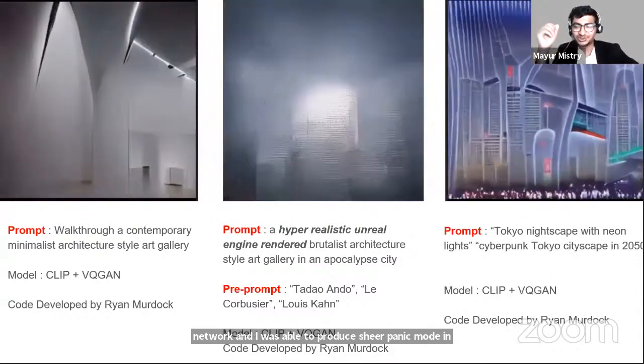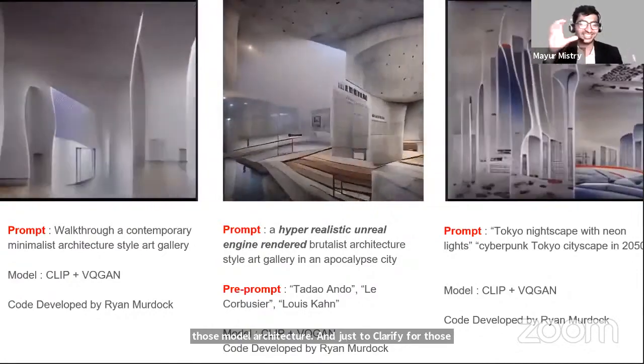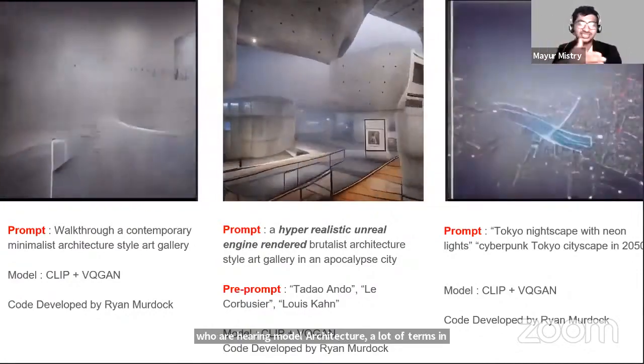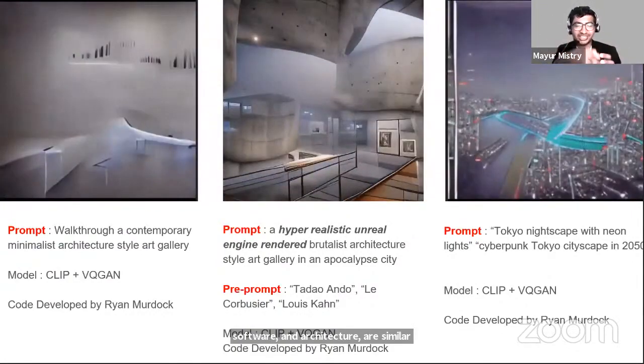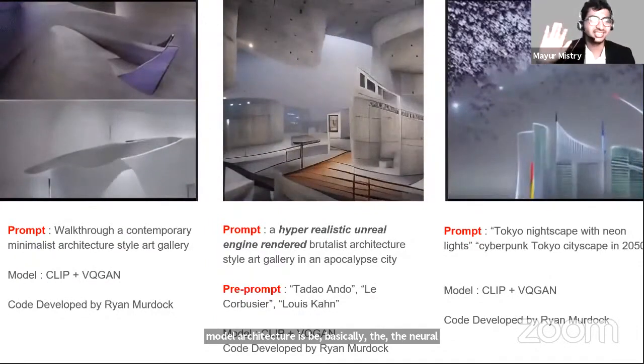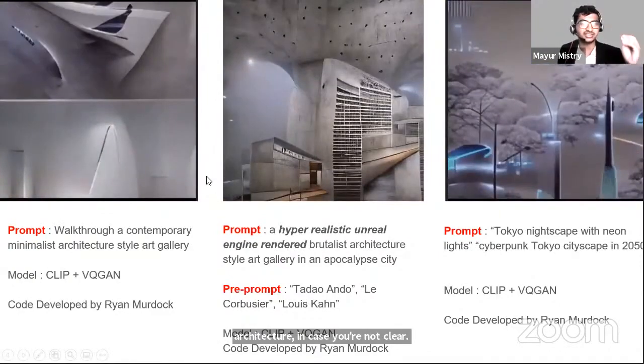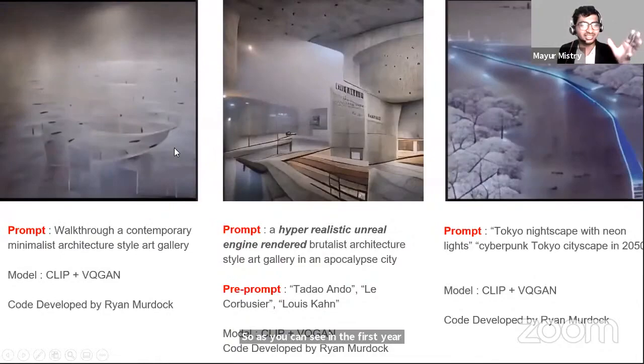And just to clarify for those who are hearing model architecture, a lot of terms in software and architecture are similar. So model architecture is basically the neural network, how it's defined, and that's what model architecture is, in case you're not clear. So as you can see in the first GIF, it's a walkthrough through an art gallery